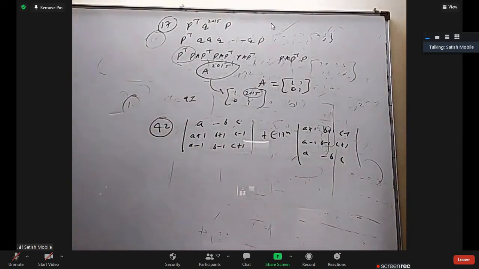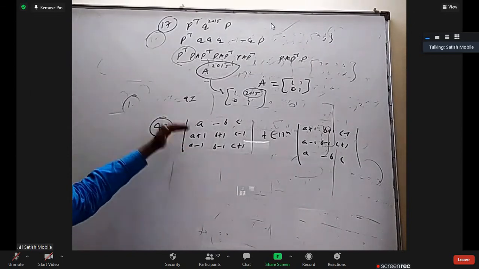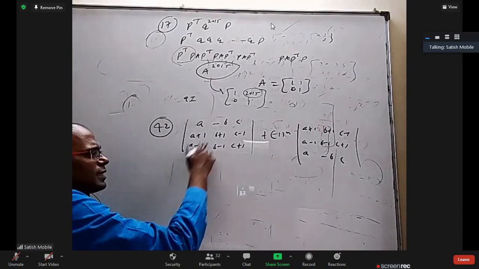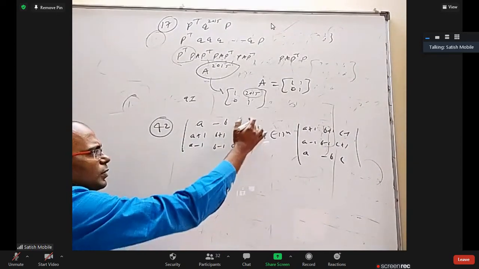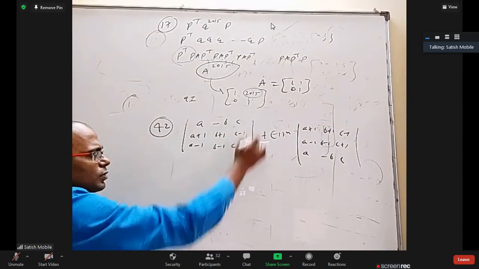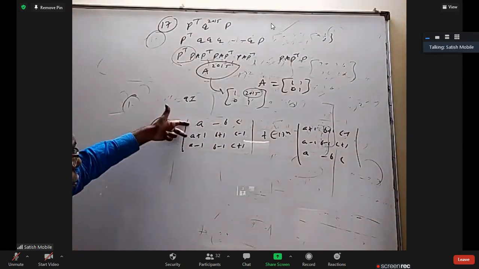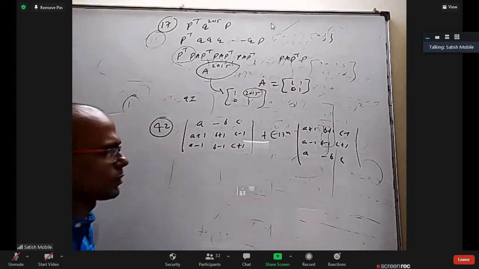Let us try, I think cyclic order. This I can bring here, this I can bring here, this comes down. Actually, both are the same in cyclic order. So this and this are exactly the same, because the second row becomes the first row, the third row becomes the second row, and the first row becomes the third row. Just two interchanges. That is, interchange these two and then interchange these two, and we will get plus. So these two are the same.